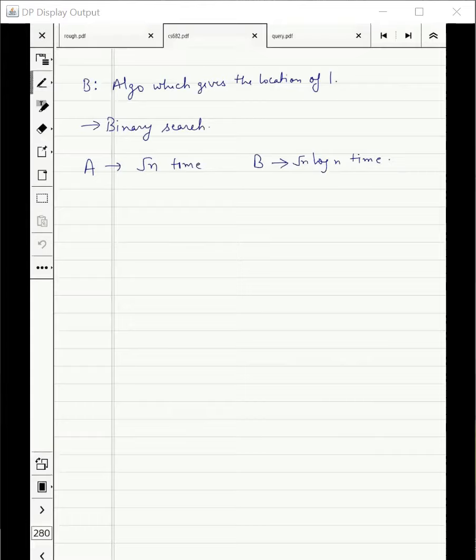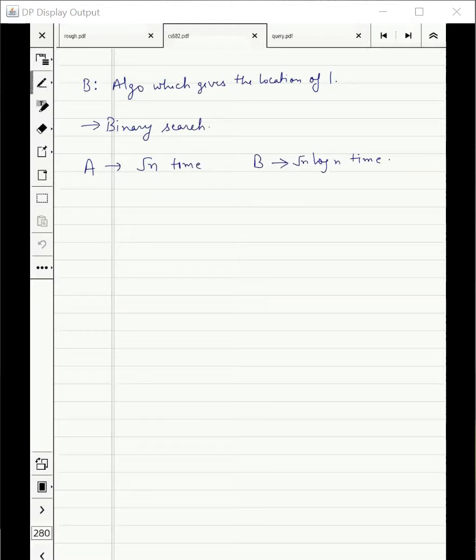You can say that every time I will randomly toss a coin and decide which half I'm going to look at. Or I will always look at the second half, and all those things can be done. But the point here is that if your task is to find multiple marked elements, all the marked elements, then things are very, very different.